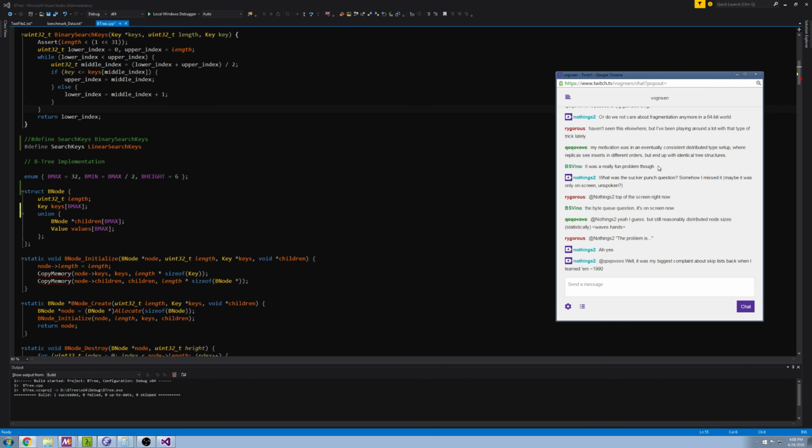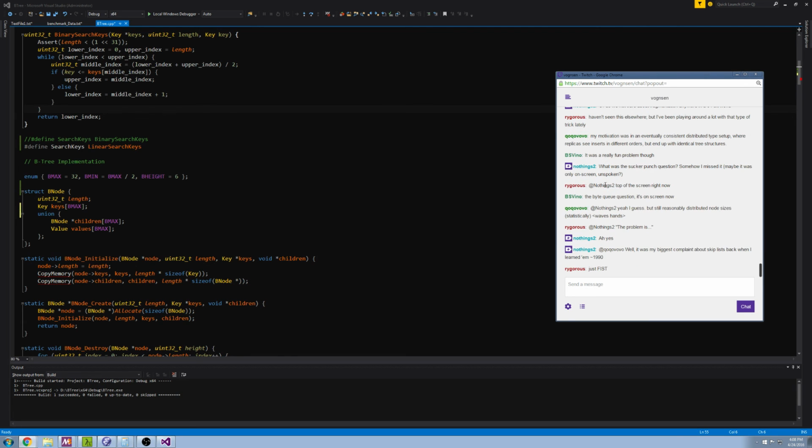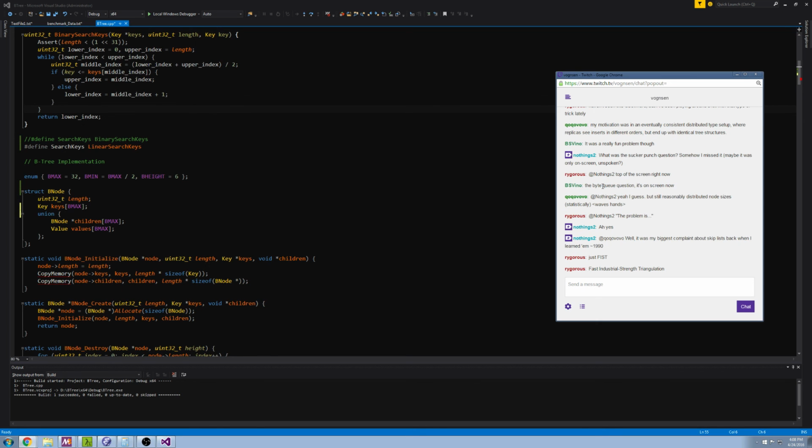Skip lists. Yeah, FIST. Fast industrial strength triangulation. They don't mince words. The funny thing, well, I don't know if it's funny, I guess it's typical, but I remember reading the paper after Sean told me about it. I think he used a variant of that algorithm for Iggy 1, and